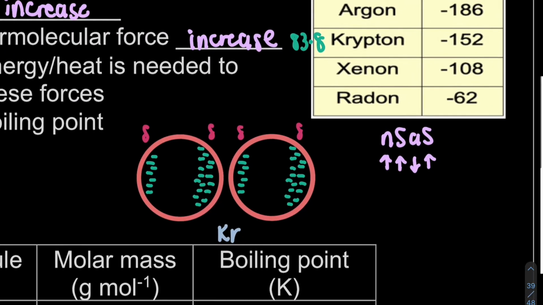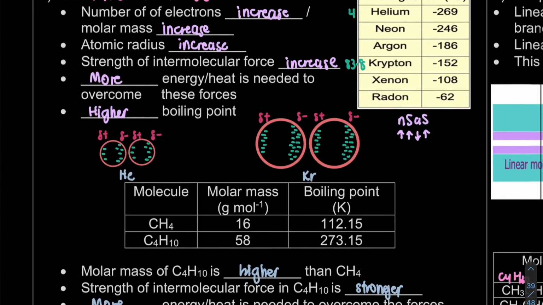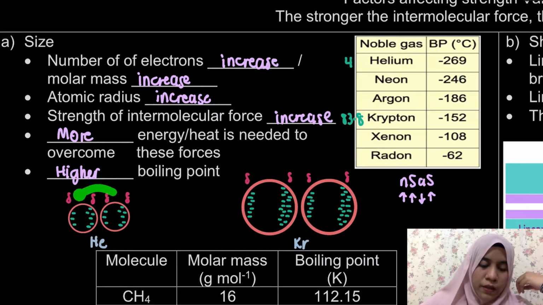So sama lah juga yang ini. Partial ni is not complete yet. So ni partial positif, ni negatif, positif, negatif. So please add in your notes. Itu sahaja. So what will happen is that the attraction between our krypton ni is greater than the attraction between